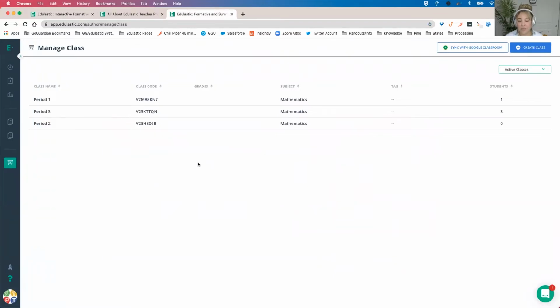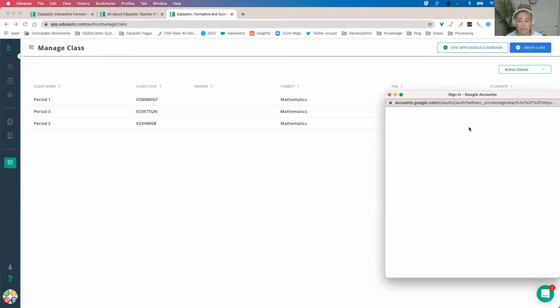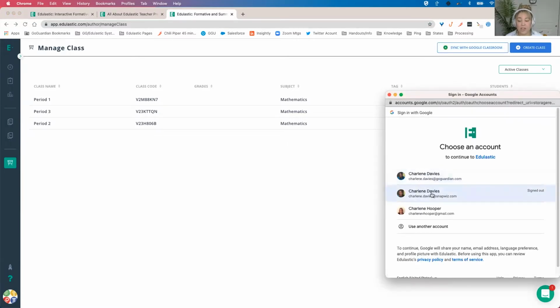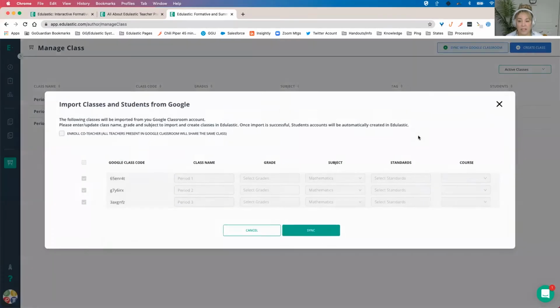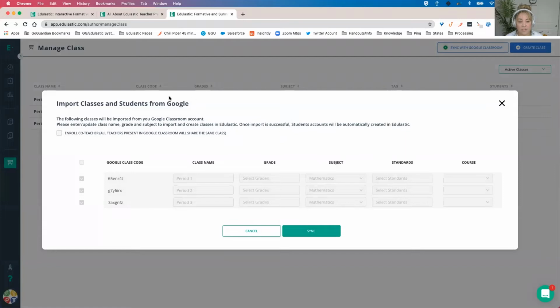Now, I'm not a new teacher to Edulastic, but for all new folks out there today, your managed class dashboard will be empty. And what you can do to create your roster is sync with Google Classroom in the upper right-hand corner, and this is available on the free account. You can go ahead and just choose your email, your Google domain there. And I've already synced these classes from my Google Classroom, but you'll go ahead and select the classes you want to sync. You can do some cleanup here by renaming classes, tagging grade and subject, click sync, and then voila,